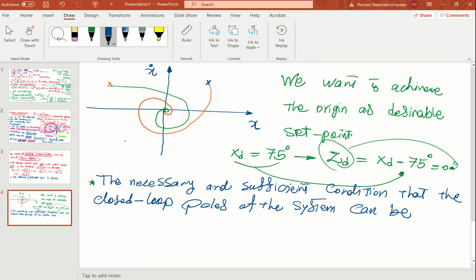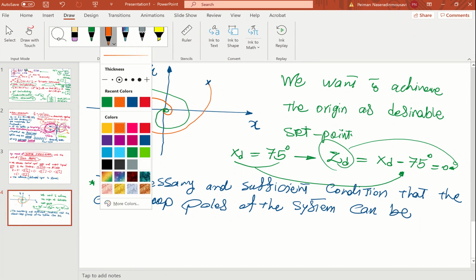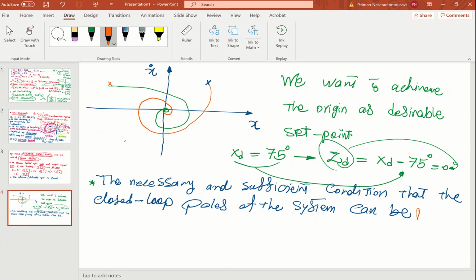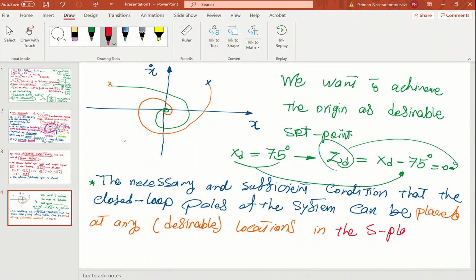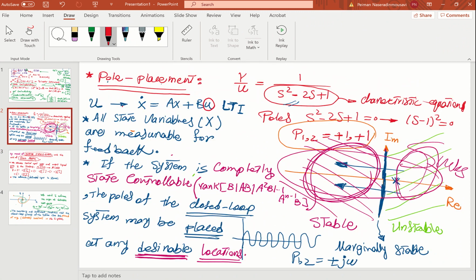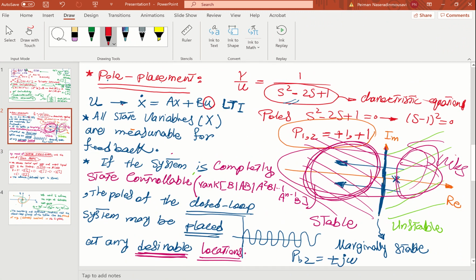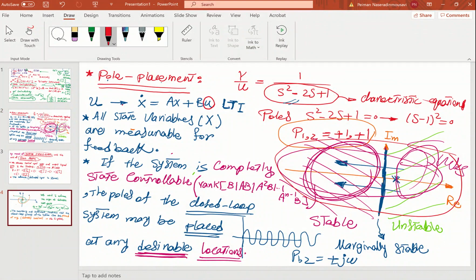can be, again, when I say placed, means I want to move from the left hand side to the right hand side, can be placed at any, I say, desirable locations in, I'm changing the color because I just taught you, in the S-plane, means here, where I plotted that. This is S-plane. In the S-plane,